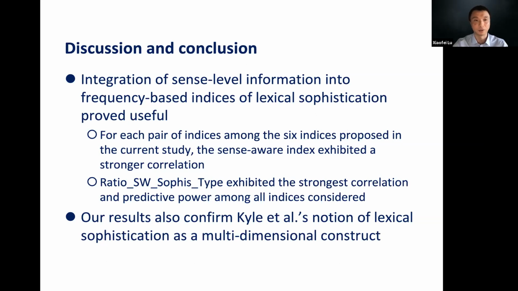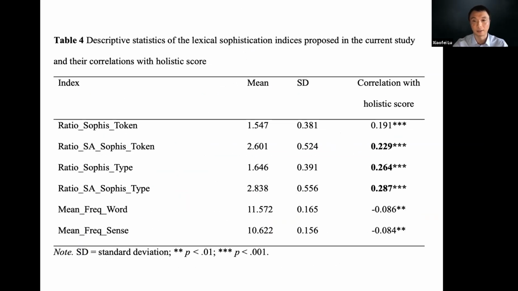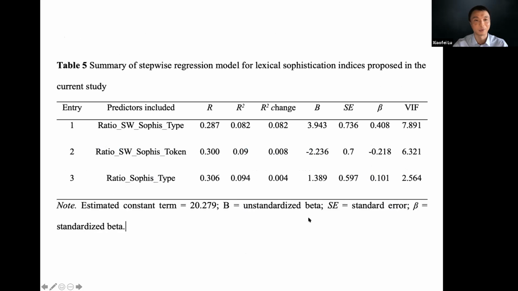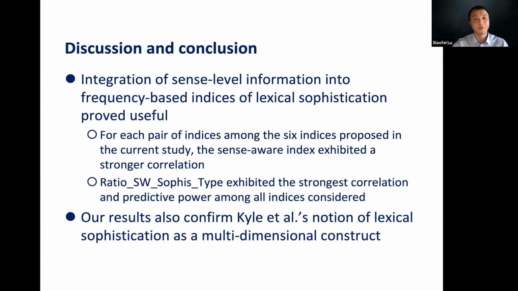But we can see that for the two pairs that were actually meaningful and significant, sense information was useful. And then also one measure exhibited the strongest correlation and predictive power among all indices considered, even when